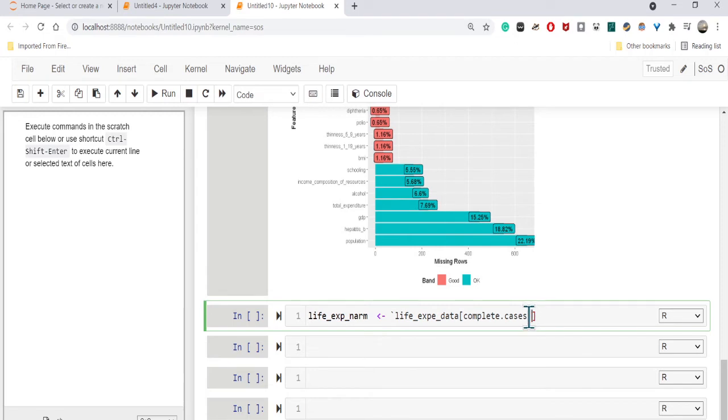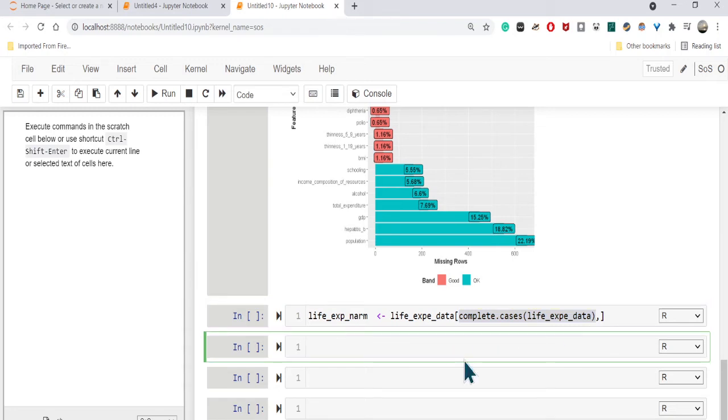Once I have that, I would just bring the other one, this one here, life expectancy complete case. Because I'm interested in the rows, I will just keep this at the back. If you simply run this until here,